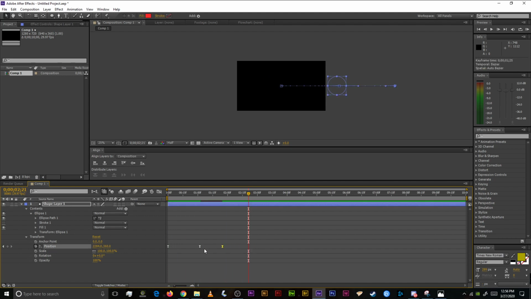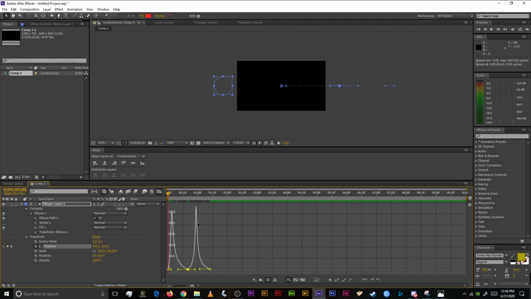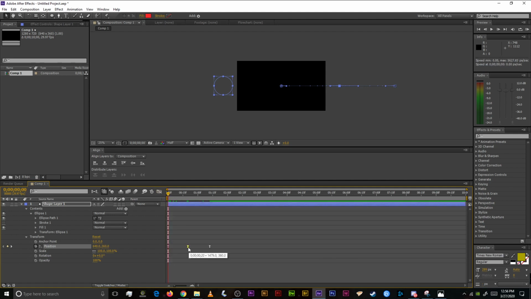And if I wanted to, I can pinch these together. And I don't have to go back to the graph editor for that. So once you've edited it once and you've played around with the peaks a little bit in the graph editor, you can go back and turn it off and then play around with the positioning in the timeline. This combo is a great head start to getting into After Effects, because once we start playing around